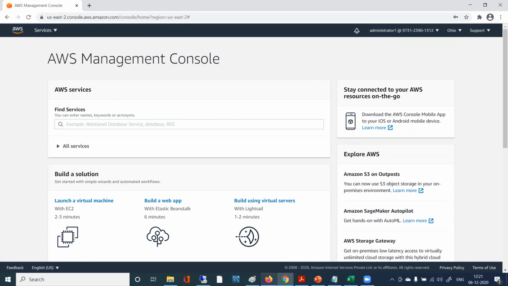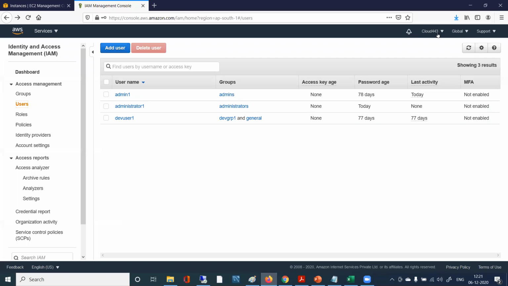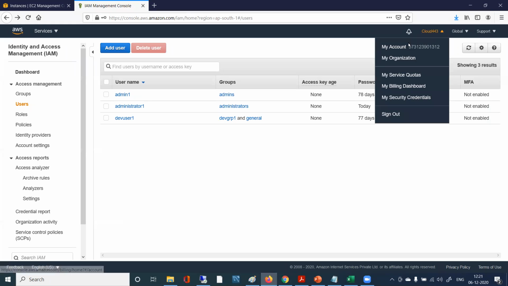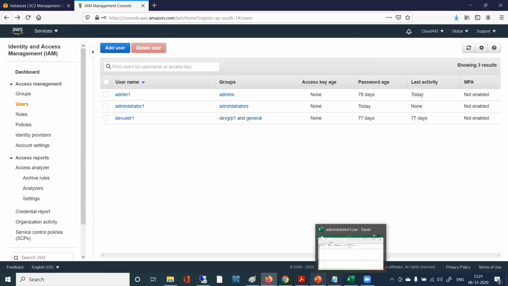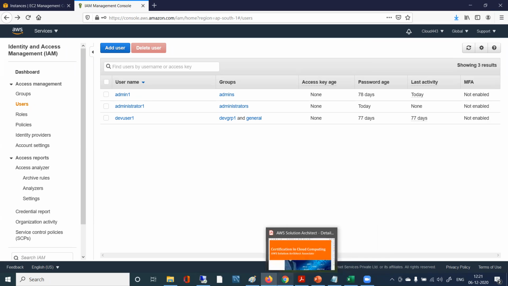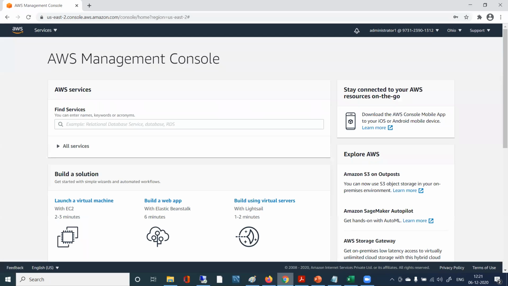In the other browser, I have logged in as some cloud 443. That is my root account ID, right? That is the name of my root account. So you see, this is like that. Now here,